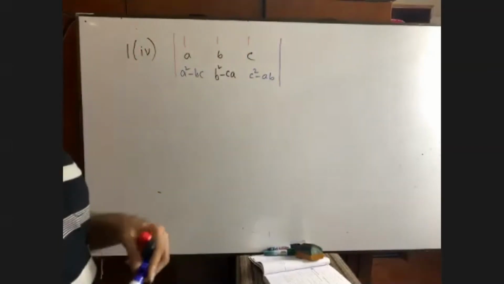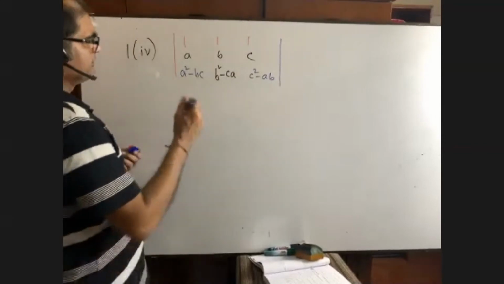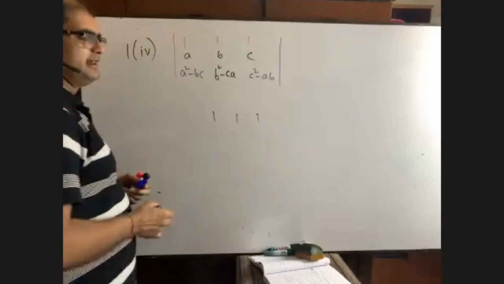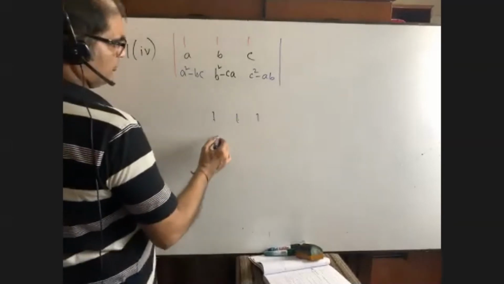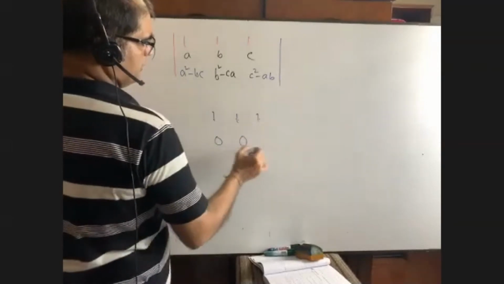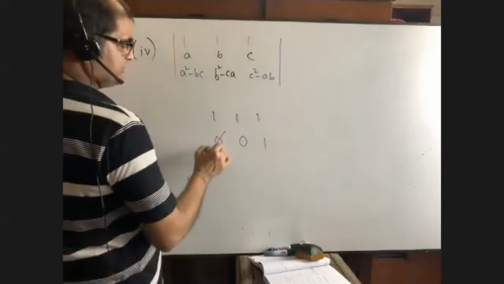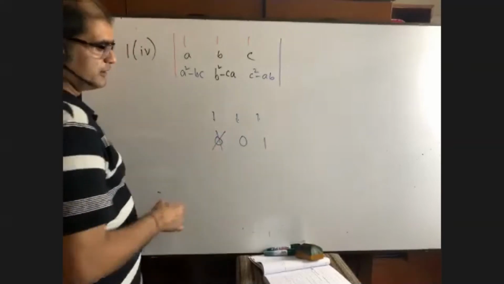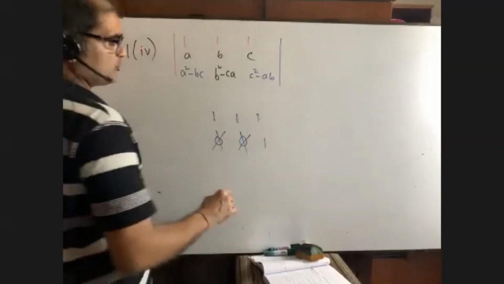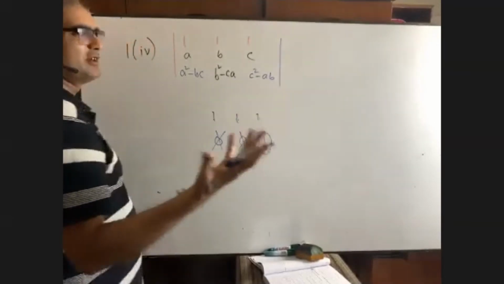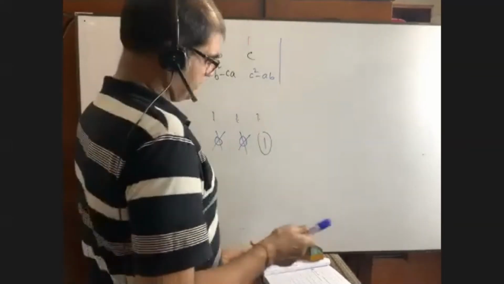Dear students, one thing is to be remembered. If you get 1, 1, 1, that means your math is done. Why? Suppose 1 minus 1 equals to 0. This is left. If we multiply anything by 0, it is 0. I won't consider. If we multiply again anything by 0, it is 0. I won't consider. So we will be left with only 1. That is, our math will be done in one line. So our main target, please try to understand and remember it.